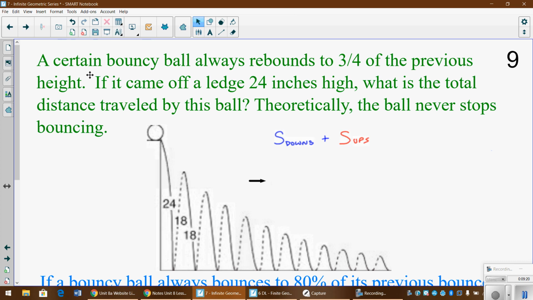If we talk about how far this ball travels, it makes a distance of 24 on the way down, 18 on its first bounce up, but then another 18 going down. So there's a doubling of this distance, even though at the beginning it just was 24. So if we do the sum of all the numbers going down, see these solid lines, 24, 18, and so on,